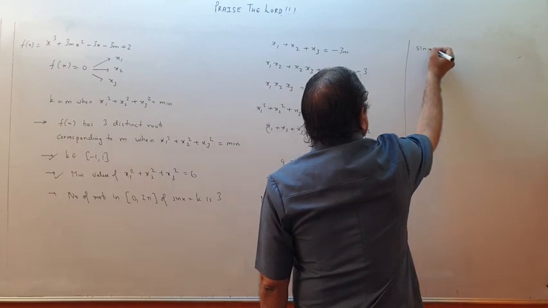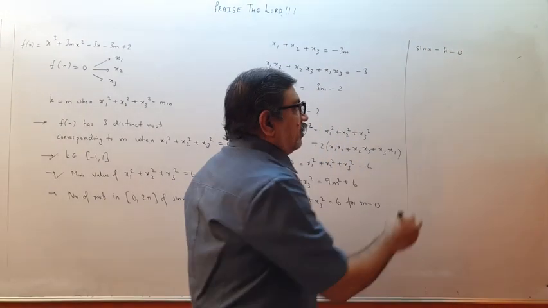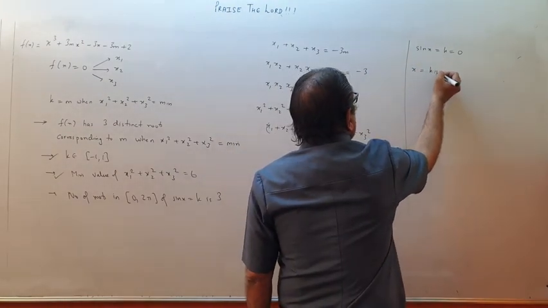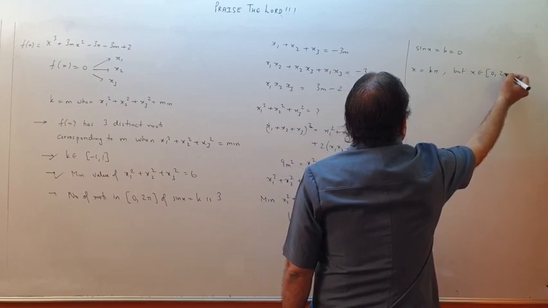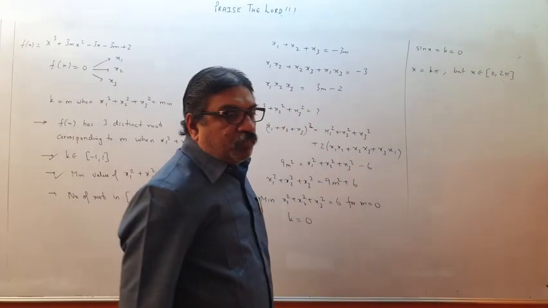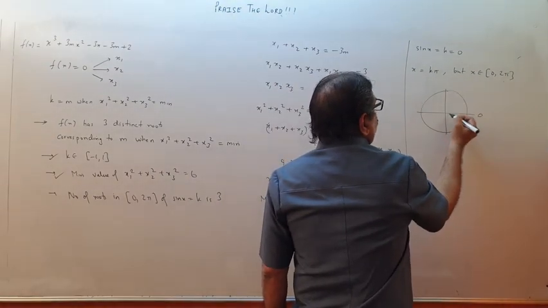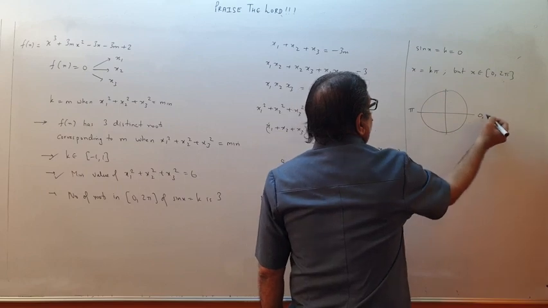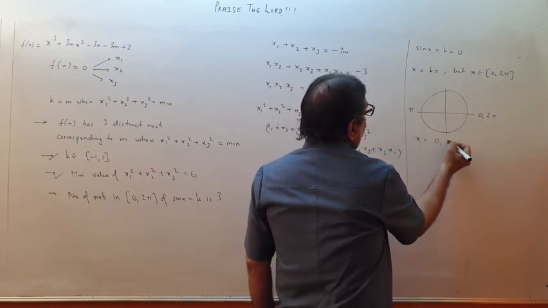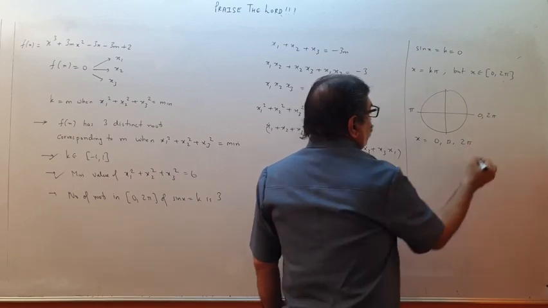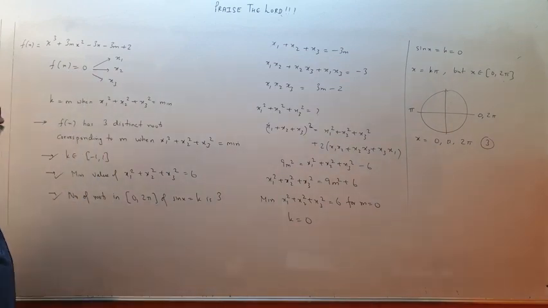So sin x equal to k is equal to 0. So sin x is 0, then x will be k pi, that we know. But our x belongs to 0 to 2 pi over here. So in 0 to 2 pi, if I see the full unit circle, for 0 sin will be 0, for pi sin will be 0, and for 2 pi it will be 0. Therefore I get x as 0, pi and 2 pi. So 3 values of x I am getting. So it was 3 roots, yes, so this is also correct.